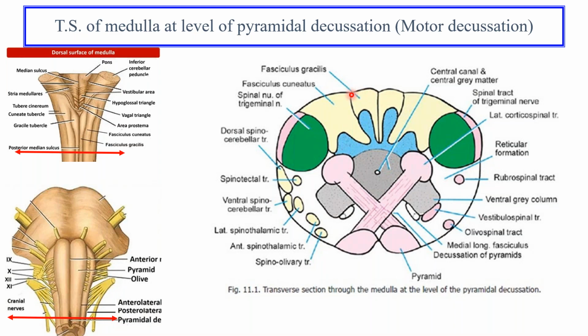Then there is again an area separating the fasciculus gracilis from another fasciculus. This is the fasciculus cuneatus. So lateral to the fasciculus gracilis, this is the area of the fasciculus cuneatus that is to be drawn on both sides. Then we had talked about the area of the tuber cinereum, where the spinal nucleus of the trigeminal nerve and its tract were related. So this is the spinal nucleus of the trigeminal nerve, which is quite extensive.